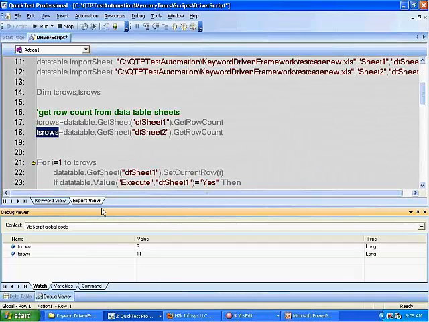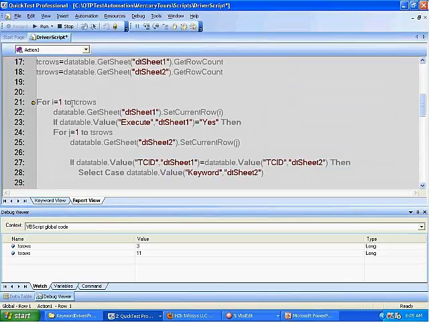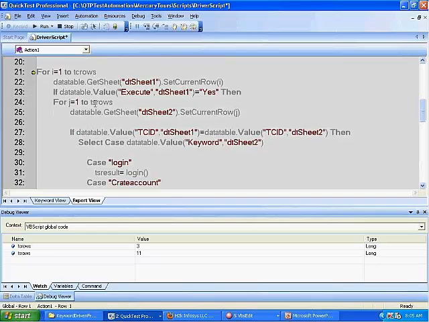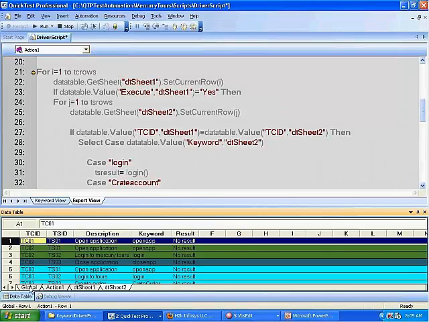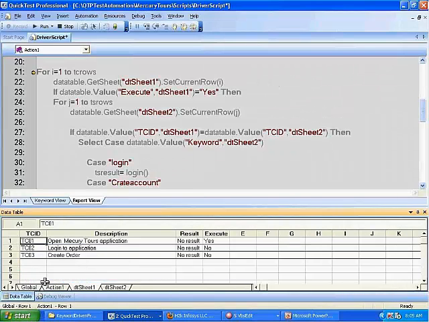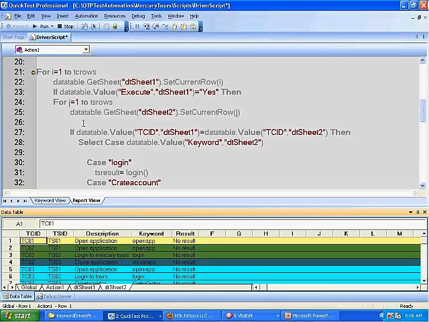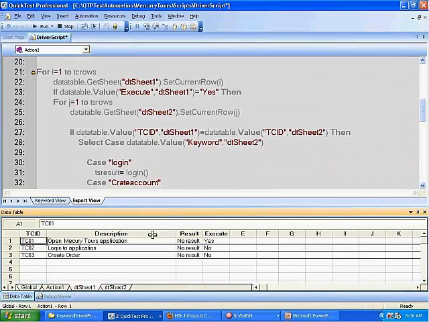So we got this row count, and now this is the external loop. It goes through for I equal 1 to test case rows, that is 3. Now it's going to check, so press F11. Even if you look at the data table, you got the data, say this is DT sheet 1. That's where you got all your test cases, and this is the test steps. And then the next thing is we're going to look at